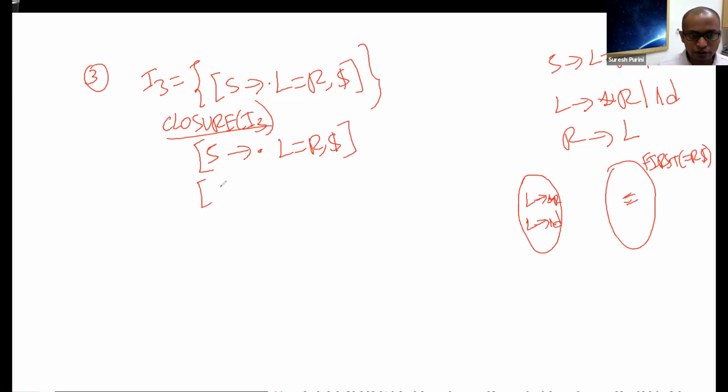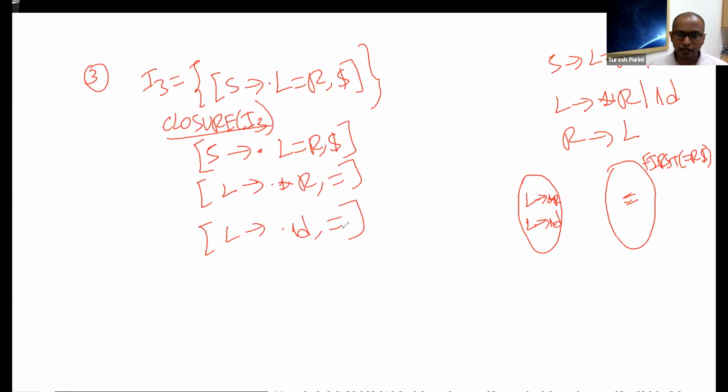So we add two rules. L goes to dot star R followed by equal to, and L goes to dot ID followed by equal to.